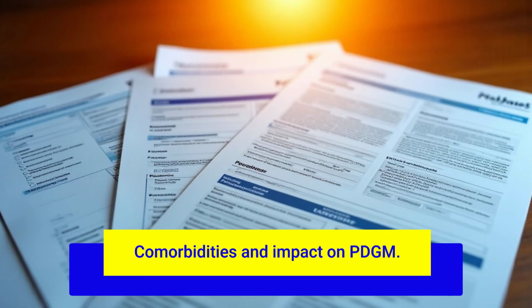PDGM has a comorbidity adjustment built into payment as follows. No adjustment, patient has no qualifying comorbidities. Low comorbidity adjustment, patient has one comorbidity from CMS's approved list that is associated with increased care needs. High comorbidity adjustment, patient has two or more comorbidities from different comorbidity groups, which interact to create even greater resource